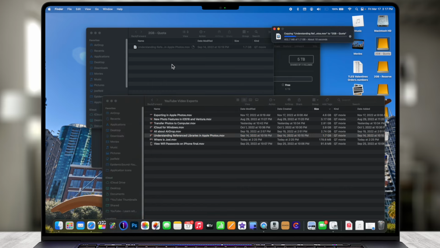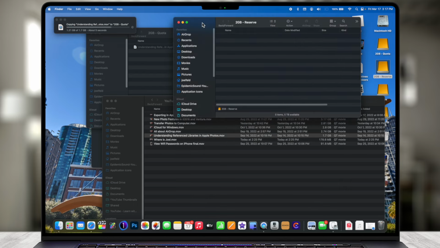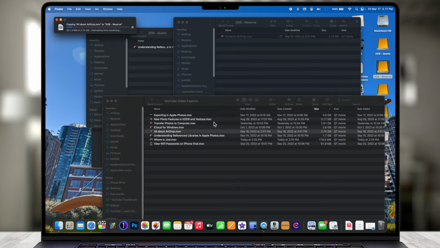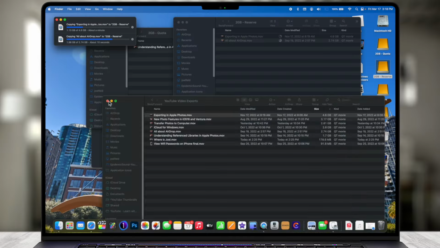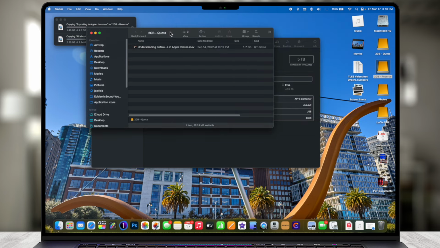Now, if I go and open up this reserve, I've reserved a minimum of 2 gigabytes, but I can go larger. If I wanted this 2.74 gigabyte one, drag that in there, it's gonna work perfectly fine. If I want this 4.6 gigabyte one, I can drag that there as well, and it's going to copy that file also. The minimum it can be is 2 gigabytes, but it can expand to be larger. So that's the difference between the reserved and the quota when you're changing those settings on that volume.